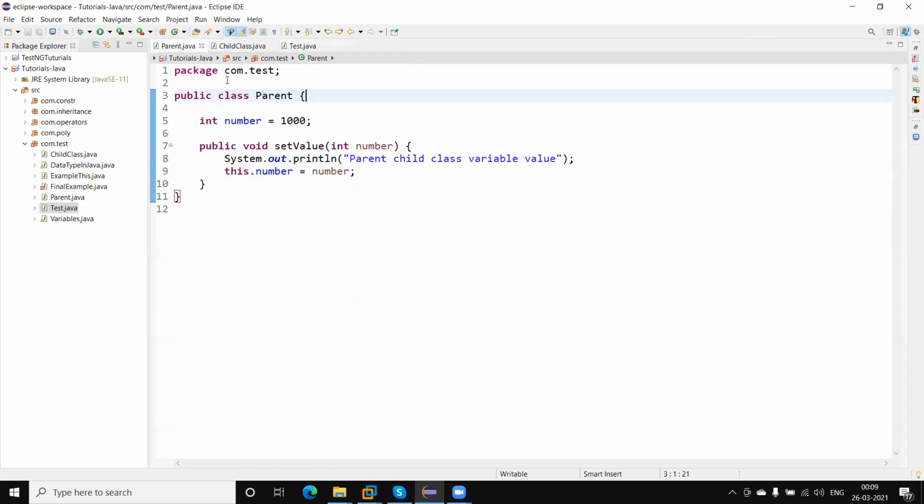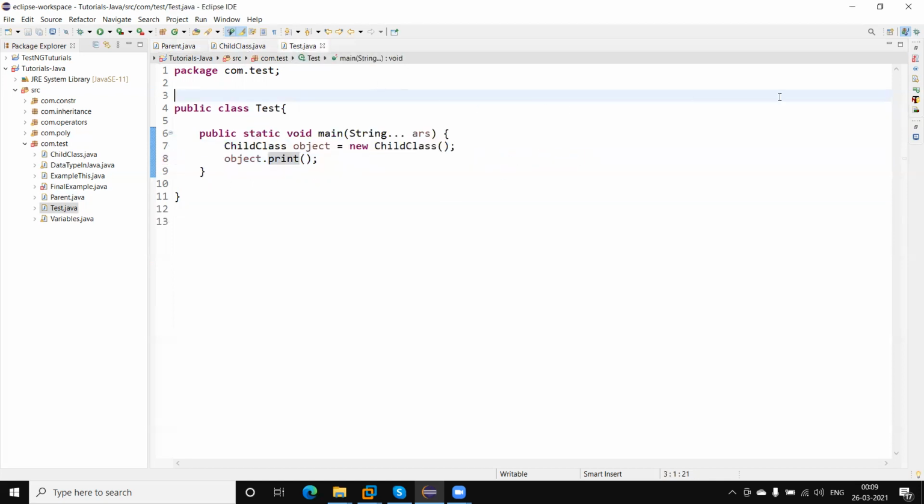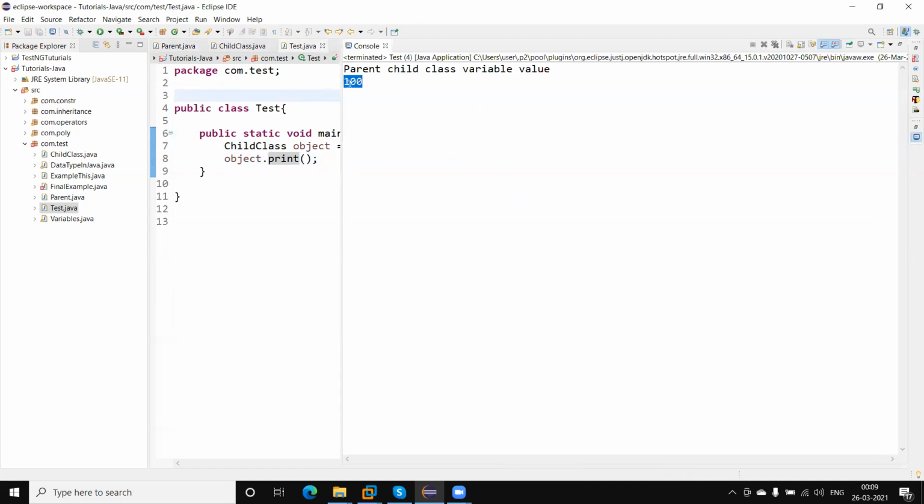Let me change this name to parent class variable value set. And here you can see I am getting 100.